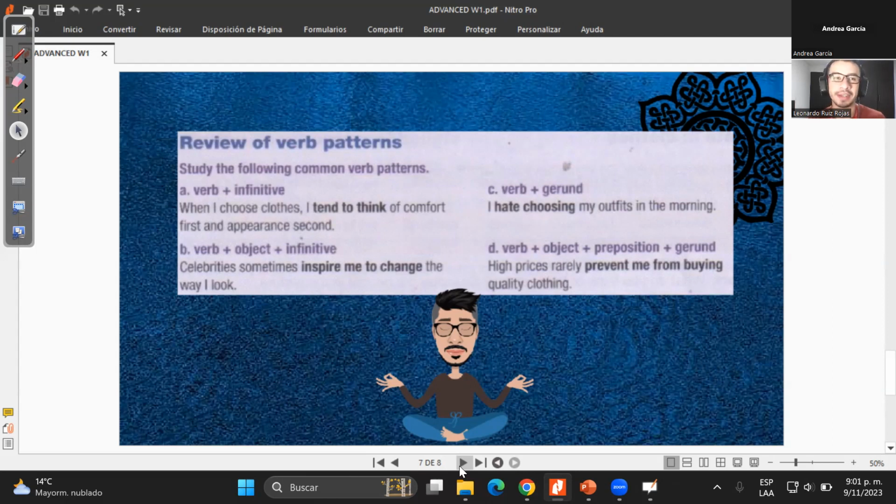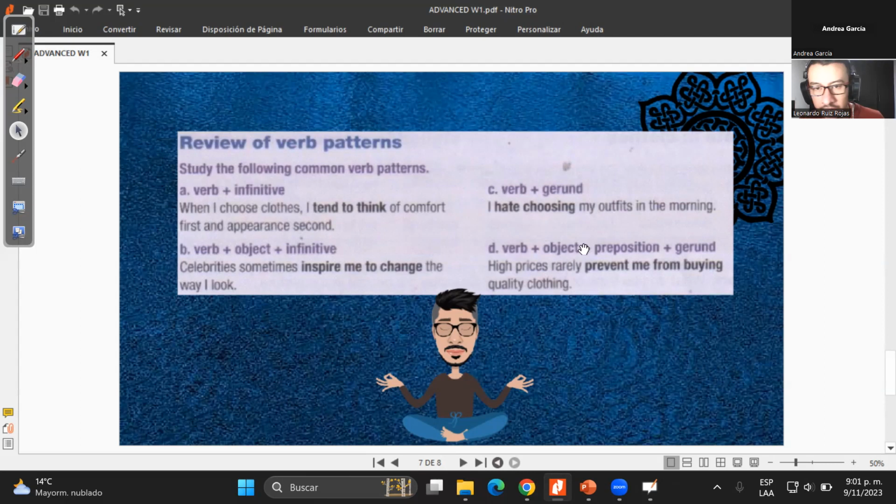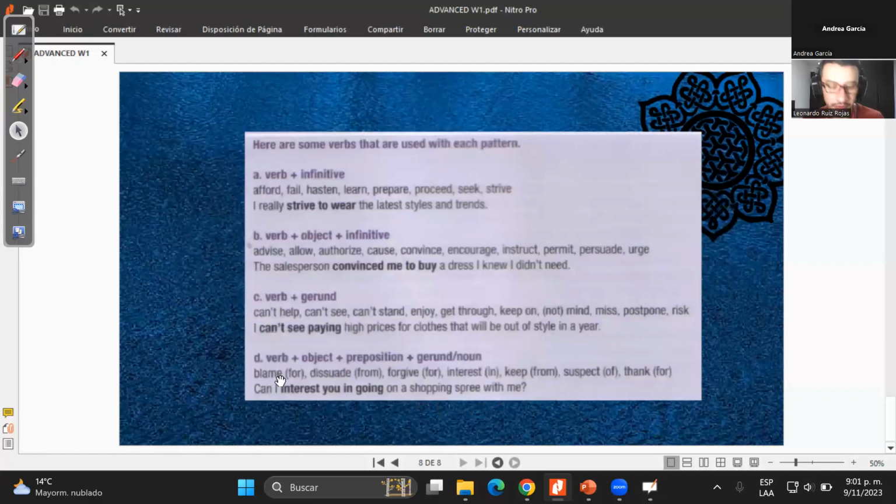Yes, teacher. Questions, anything, difficulties, problems? No, teacher, it's clear. Listo. Try to, well, as I told you, make some examples with the verbs. So you try to, with your life, no? So for example, you take the verbs with the last pattern with prepositions. So you say, bueno, estos eran los ejemplos, ¿no? Entonces, blame for, ¿a quién culpo? Ah, I blame my ex for finishing the relationship, for example. ¿A quién perdoné? Bueno, I forgave my best friend for making me wait in the station, for example.